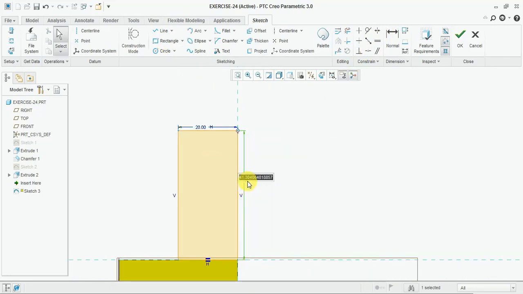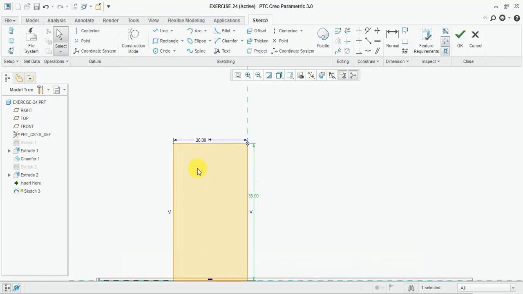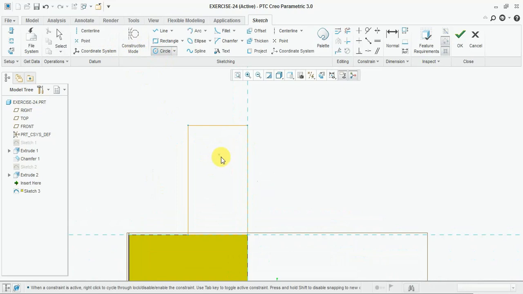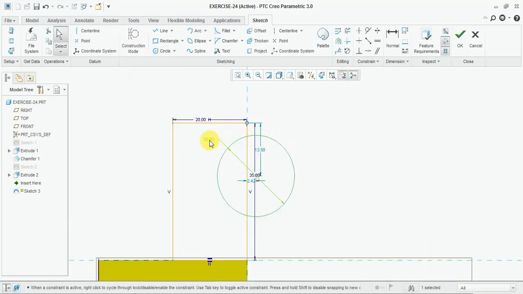This one is 35. Now make the arc 25, so not in the center. Draw one circle, give the diameter 25,